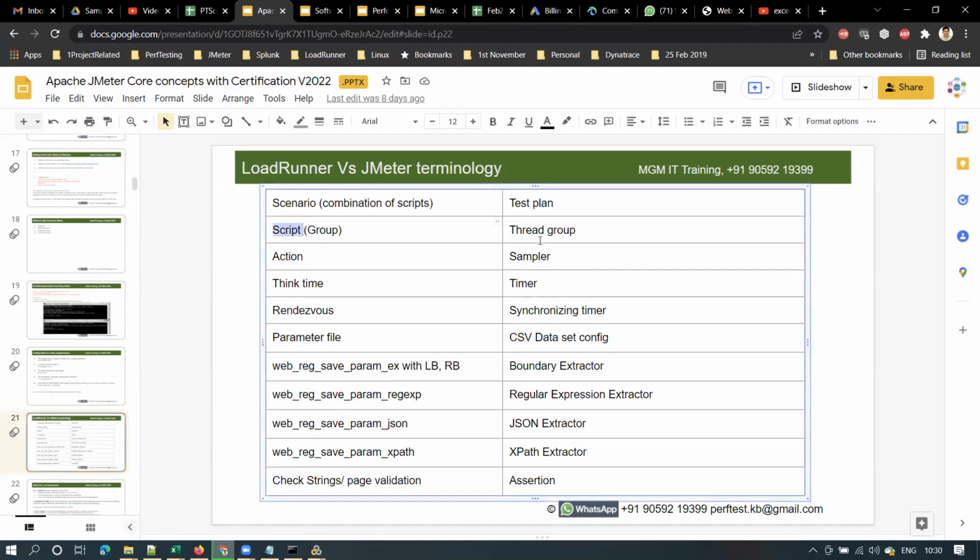In LoadRunner, we call that a script, whereas in JMeter, we call that a thread group. In LoadRunner, the combination of scripts is called a scenario. In JMeter, we call that a test plan. This clearly explains what each thing is called in LoadRunner and JMeter.